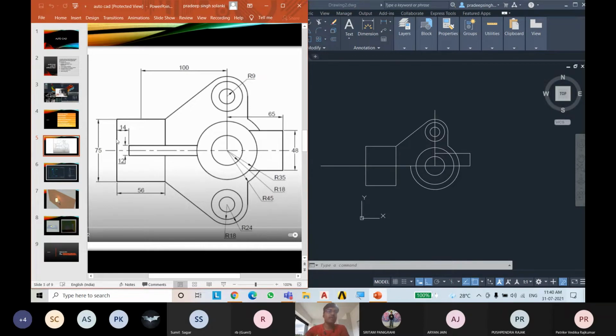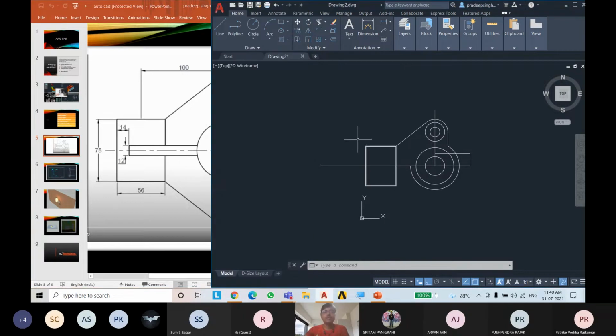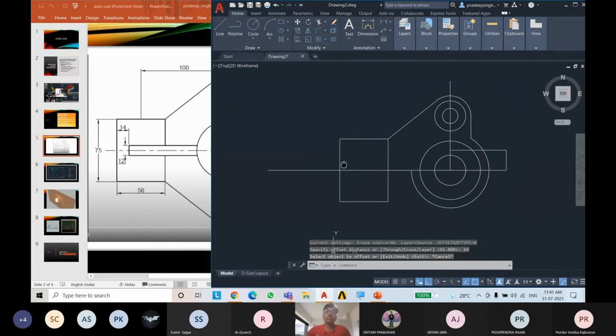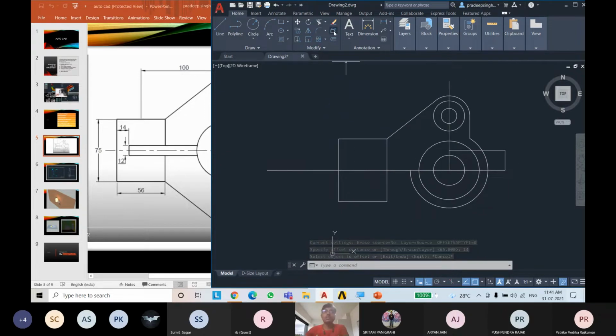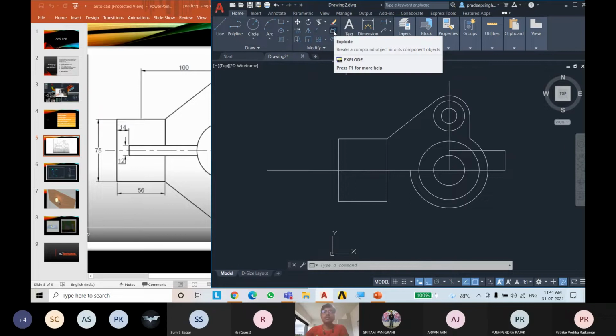So now we can see that to draw this rectangle, we need to offset this line 14 distance rightward. When I select this line and type 14, I will not be able to select this line because this is a rectangle and they are all joined together. To break this rectangle, we can use this option known as explode.